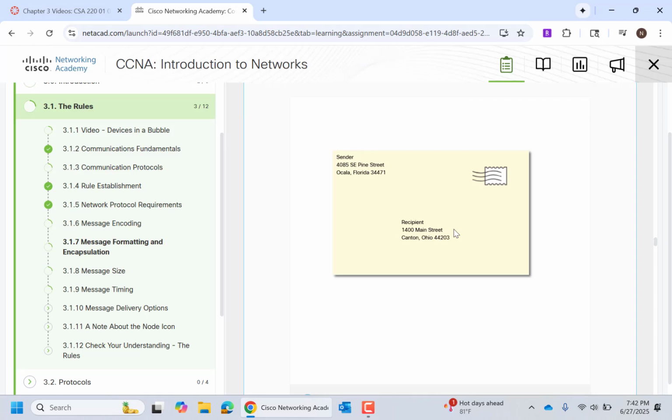Well, what computer networks do is they take each individual page, they put it in an individual envelope, and then they send it. So we are always breaking up our messages into smaller, more manageable chunks. We do something called encapsulation, and what encapsulation means is adding all that address information.